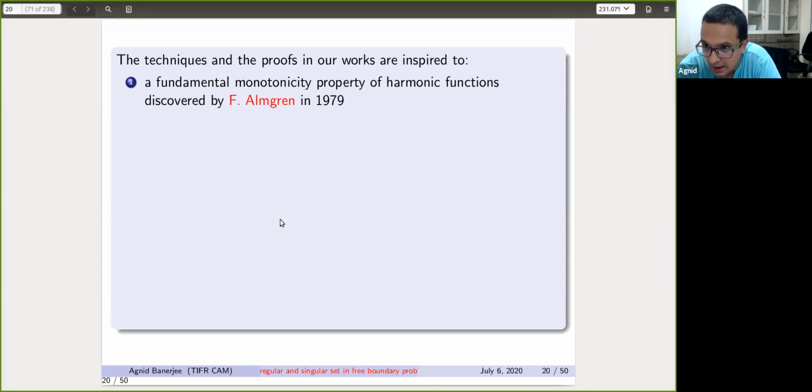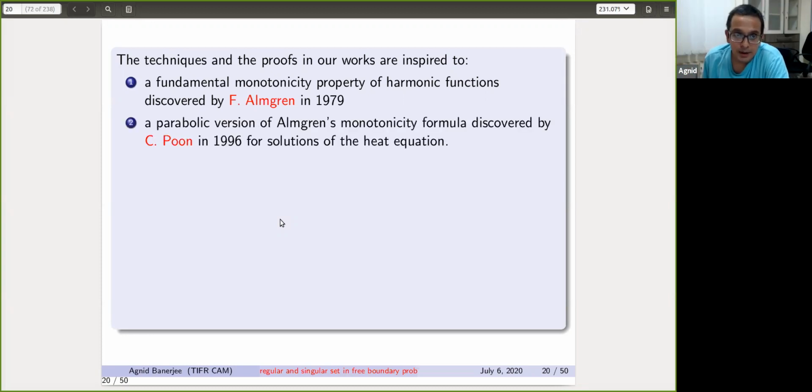So in particular, you will have that there is a limit as R goes to 0. And this limit as R goes to 0 for a harmonic function captures the following. You know that the harmonic function is real analytic, so you write down the Taylor expansion, and then you can group it into harmonic polynomials of a certain order. So this Almgren's frequency limit as R goes to 0 captures the degree of the first non-zero harmonic polynomial in the Taylor expansion.